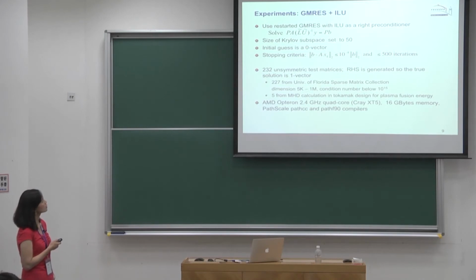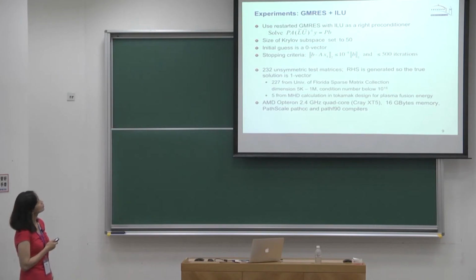From that, it's solving the magneto-hydrodynamic equation. It involves a lot of coupled PDEs. So those are also very difficult problems. And adding together, we have 232 matrices, and we apply a right preconditioner, using restarted GMRES with the restart space